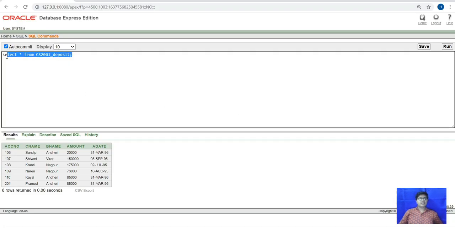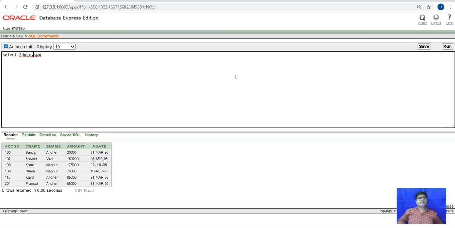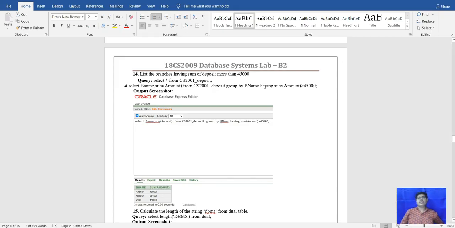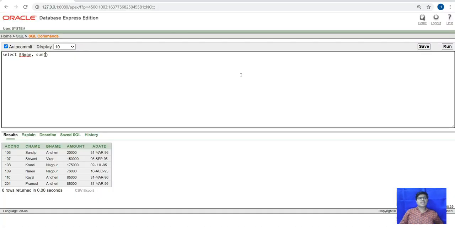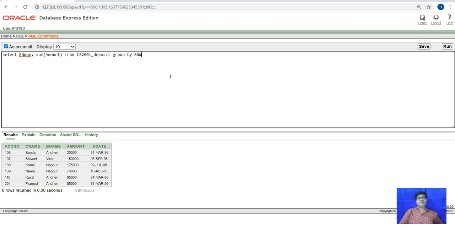We type select branch name, sum of amount from the deposit table, group by branch name having sum of amount greater than 45,000.